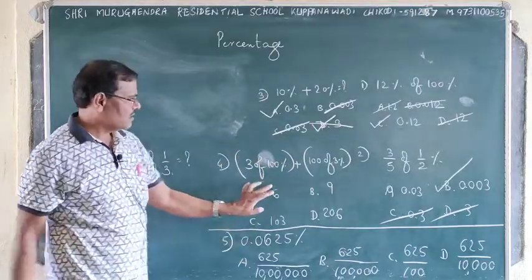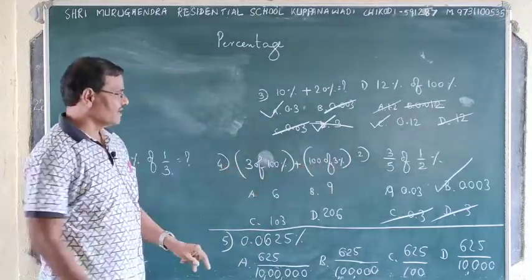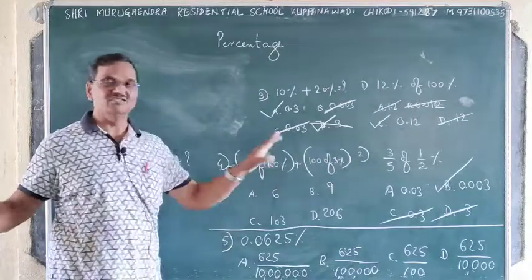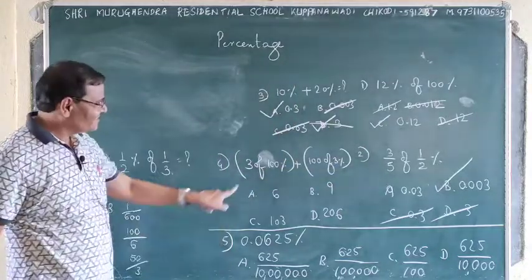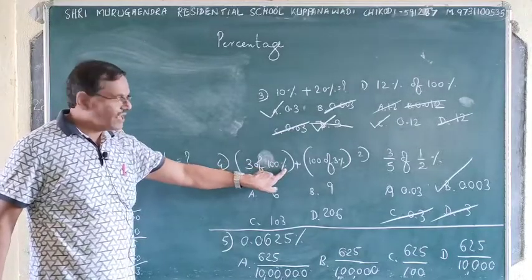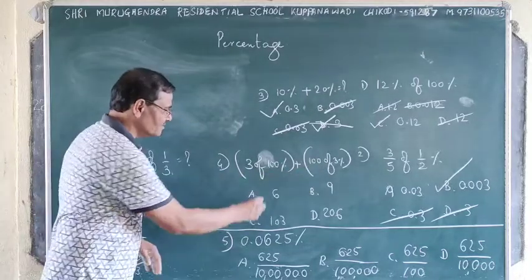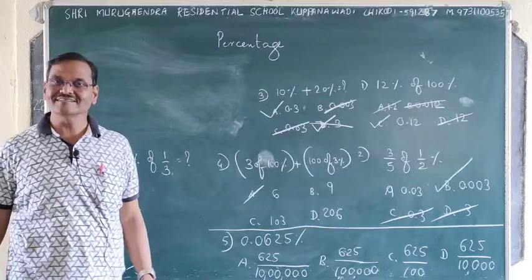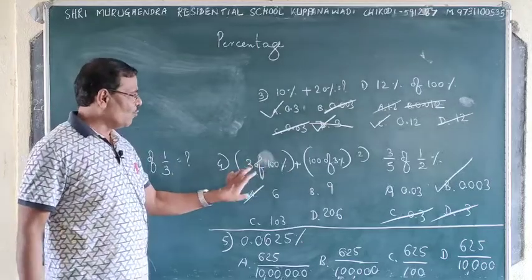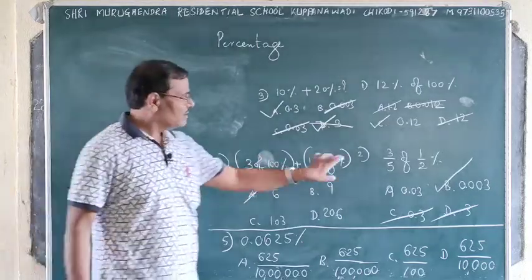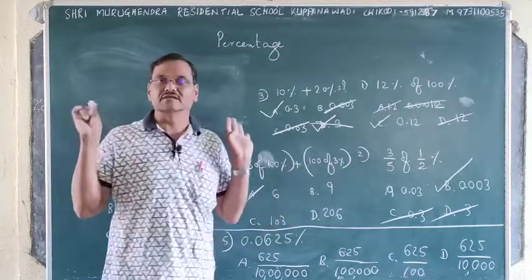Okay. So here the same thing. If you take the value of 1, then the same thing will come. Here 3 of 100% is equal to 100 of 3%. Isn't it? See, up 100 it is, down also 100 means it is 1. 3 ones are 3, plus 3 is equal to 6. 6 is our answer. 100% means 1. 1 3s are 3 only. This is 3 by 100 into 100 is equal to 3. 3 plus 3 is equal to 6.